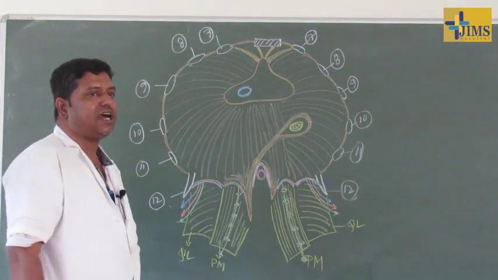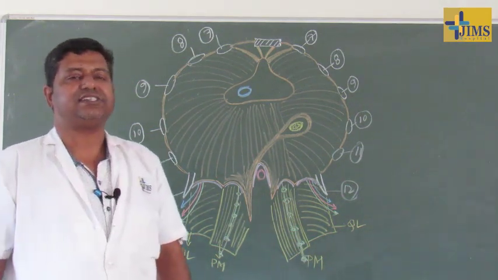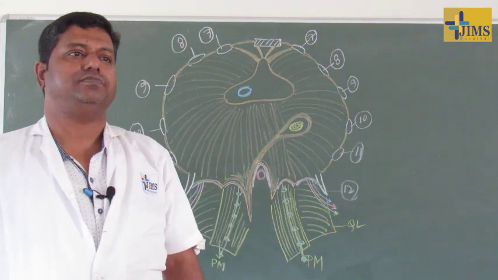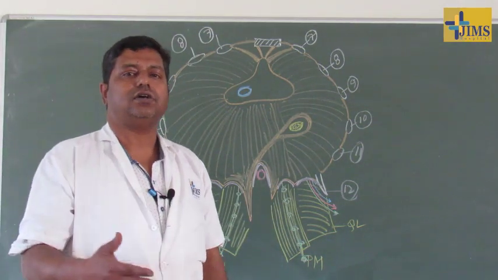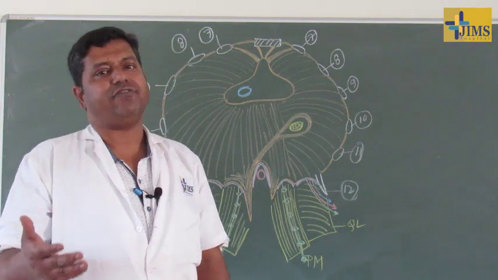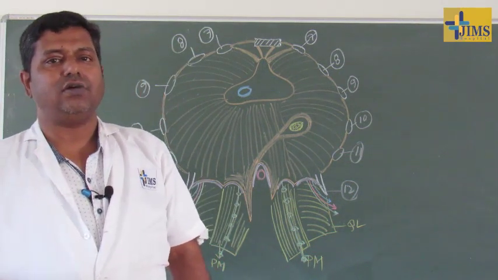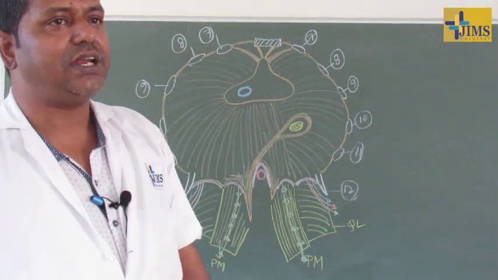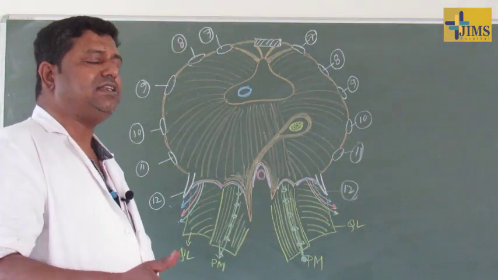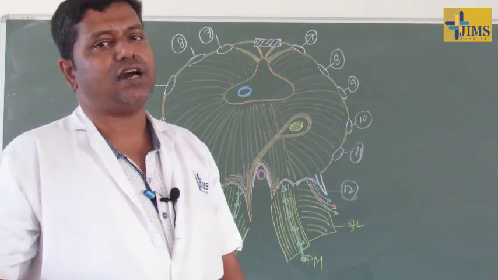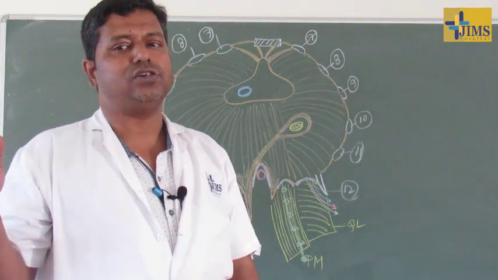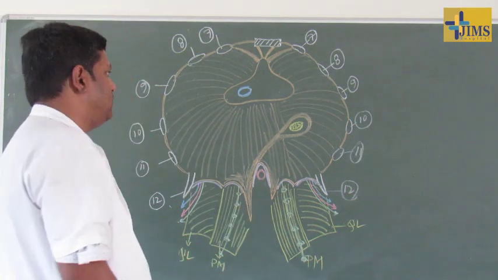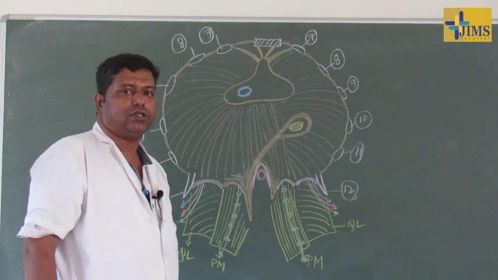Another minor opening of the diaphragm is between the 7th and 8th costal origins of the diaphragm, through which the musculophrenic vessels will pass. The second minor opening is between the 7th and 8th costal origins of the diaphragm, through which the musculophrenic vessels will pass. The third opening,